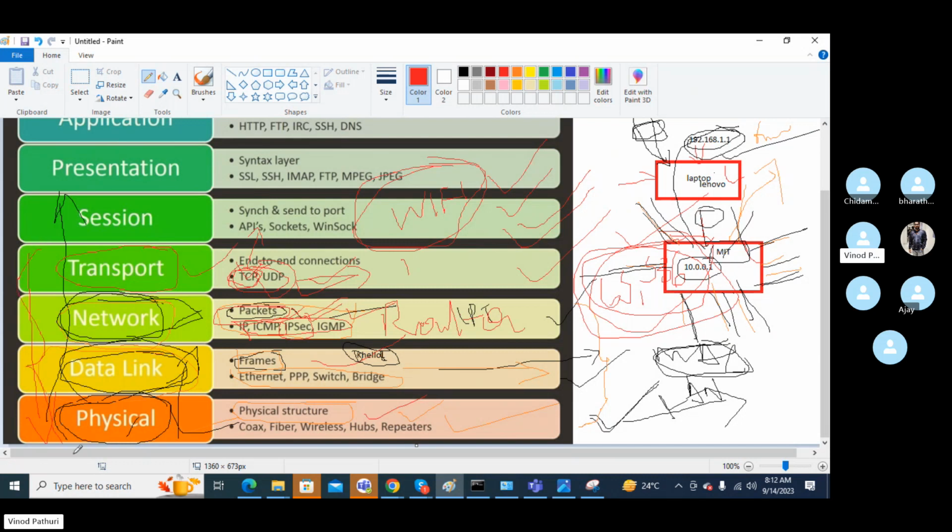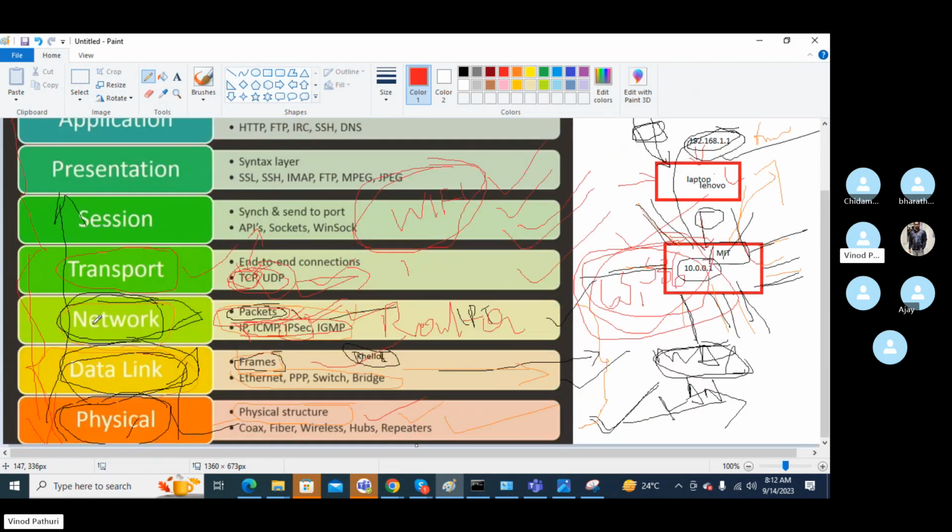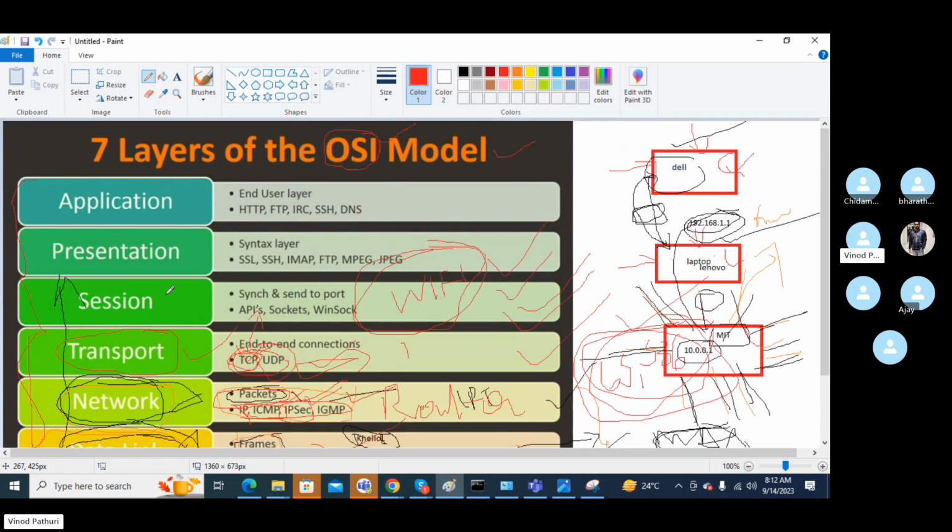That's why we call them hardware layers. The bottom four are called hardware layers or networking layers, and the above three are the software layers.